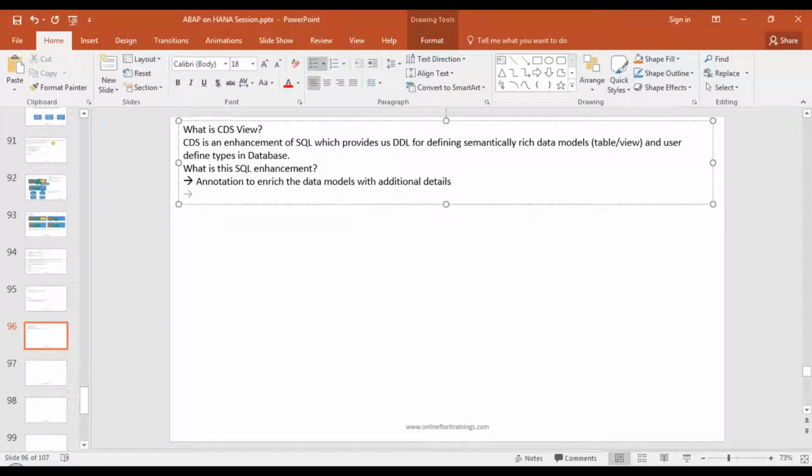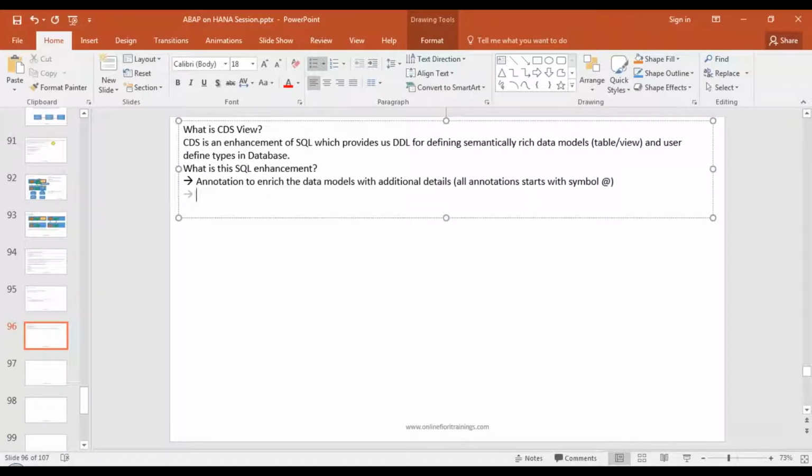So in SQL, you don't have annotations, but here you have got annotations. You will see in a minute when I create our first CDS view, there will be a lot of annotations which we will be using. All the annotations in CDS view start with the at the rate of symbol.